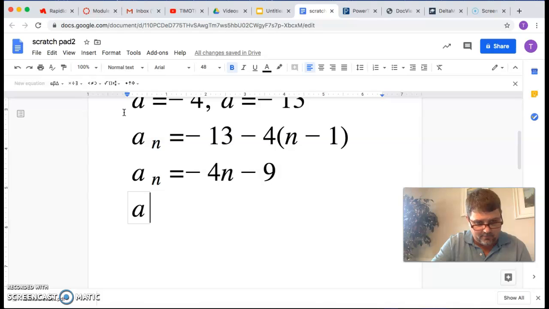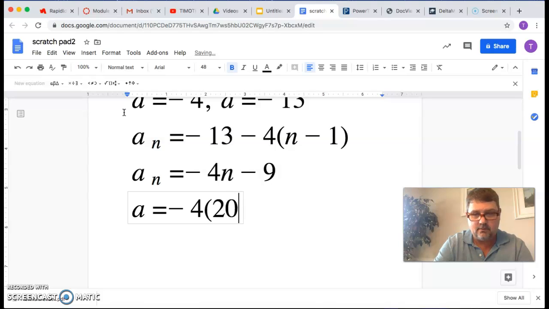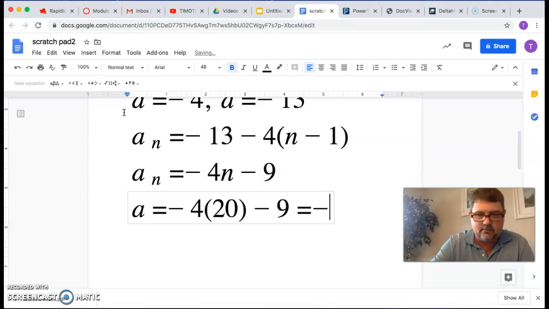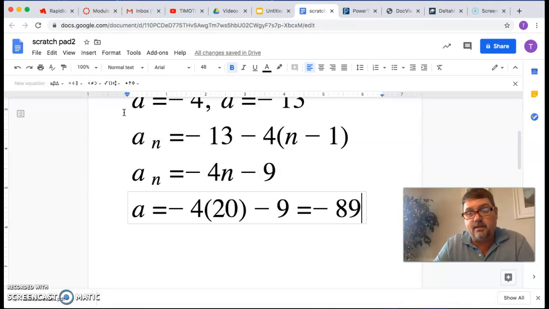Well, the 20th term would be equal to, I'm just going to type it in, -4 times 20 minus 9. So all you're doing is plugging in, and I'm getting -89 here. All right, so that's how you find the nth term formula and what the nth term formula is used for,